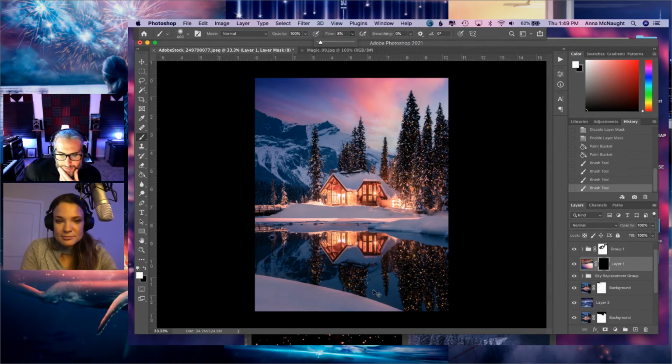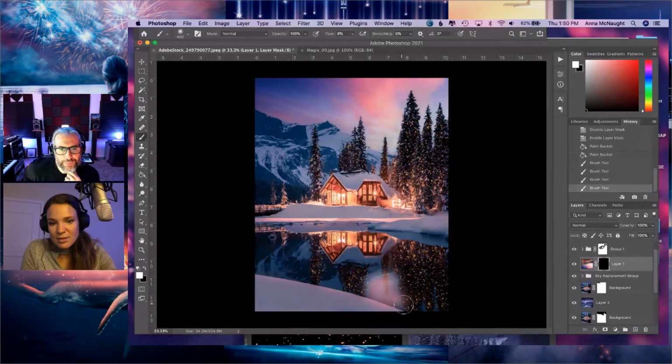And Mike's asking, are you going to fade in and out the reflective sky to give it a smoother look and less solid? I don't know yet. I've got the flow at 4%, so it's pretty low.